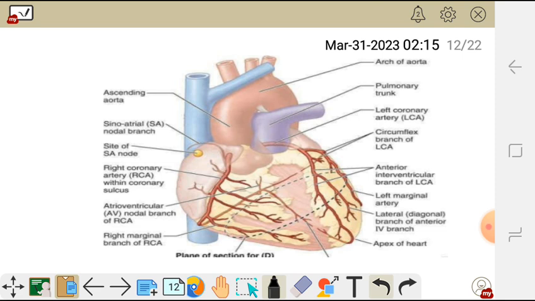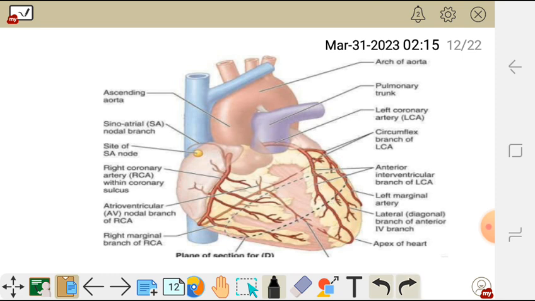Okay, so the coronary arteries which supply the heart are of two types. We have the right and the left coronary arteries. So the right coronary artery has branches. They have what we call the circumflex branch, which goes to the posterior of the heart. Then we have the anterior interventricular branch, which runs along the